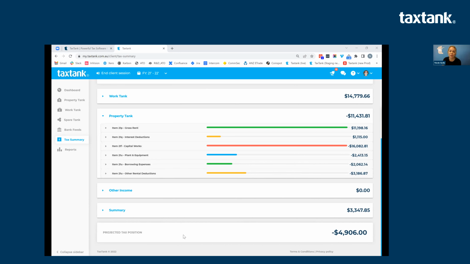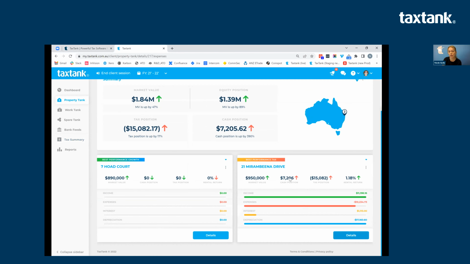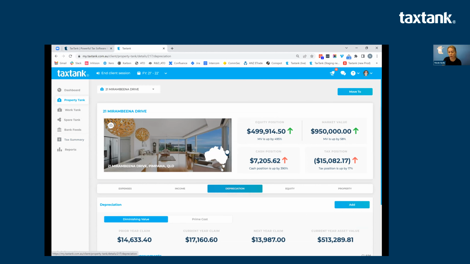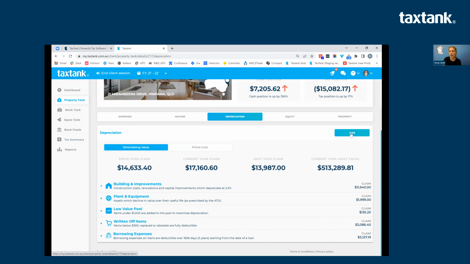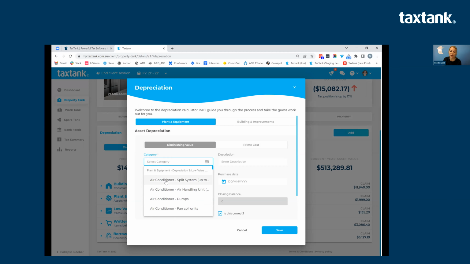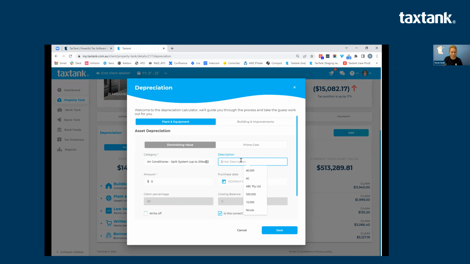When a new property is purchased, there is usually a depreciation report. Would that be the same as the calculations in TaxTank? Yes, it would be. When you are adding, you would add your depreciation. It would be a one-off thing that you would need to do. And if there was any variation, so for example, maybe I'm adding an air conditioner